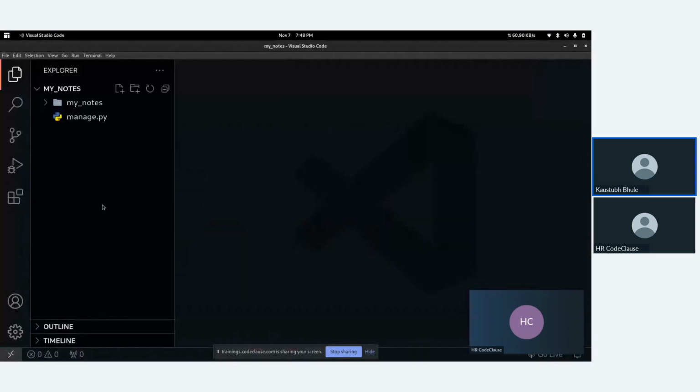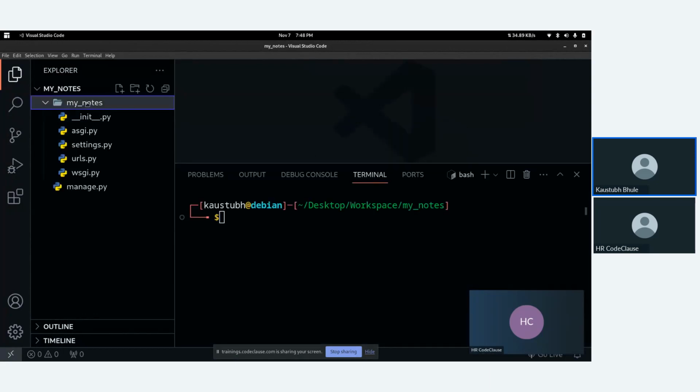Fine. So we are here in our my notes project, right? Now, after creating this my notes, which is our main project, we will create the application inside it, because if you want to connect a database, if you want to create a model, meaning a table in Django, basically, you need to create an application first. So for that reason, we will again run a command: django-admin,